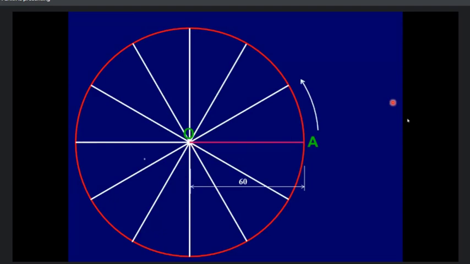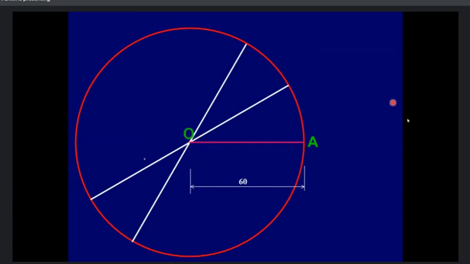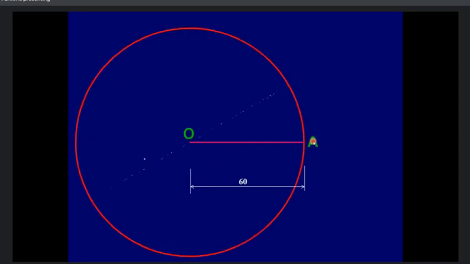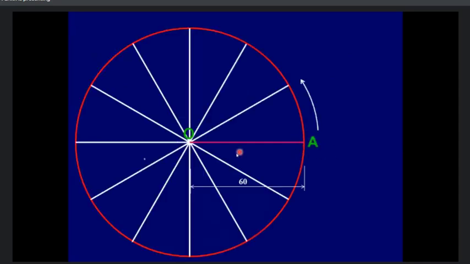Okay, now here one more assumption is taken. See, whether OA is moving clockwise or anti-clockwise is not given in the question. If you see the question, it is not given in which direction OA is moving. That means you have the initial line, but whether it revolves clockwise or anti-clockwise is not given in the question. Therefore we have taken the assumption that this line OA is revolving in the anti-clockwise direction. That is the assumption. You can solve with the clockwise, you can solve with the anti-clockwise. However, we have taken anti-clockwise here.